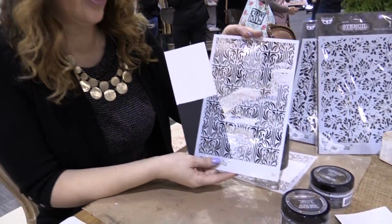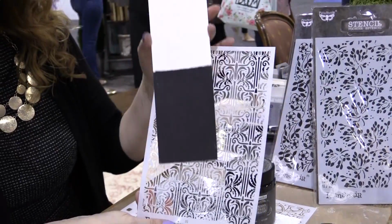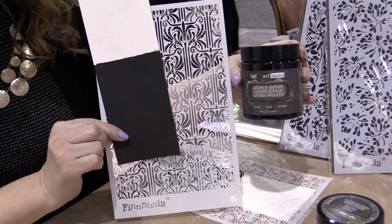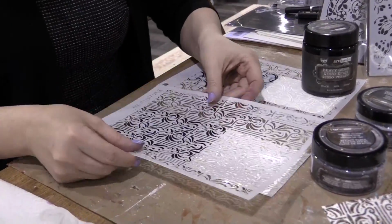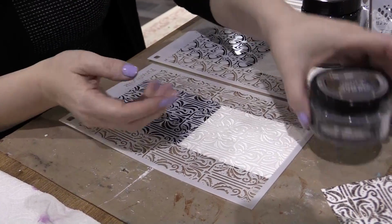So what I am using are Finnabair stencils. They're beautiful. I have Prima watercolor paper, and I just put black gesso on the bottom and left the top just white. You can also put white gesso if you want. I'm going to set this down, place my stencil on top, and then we're going to create magic with her